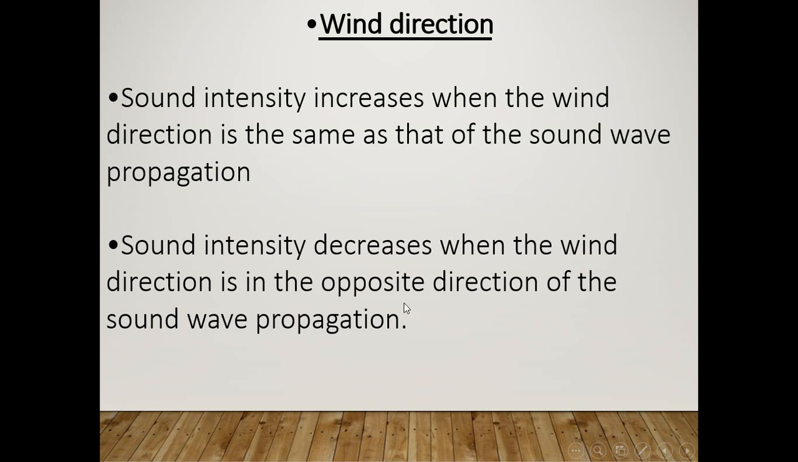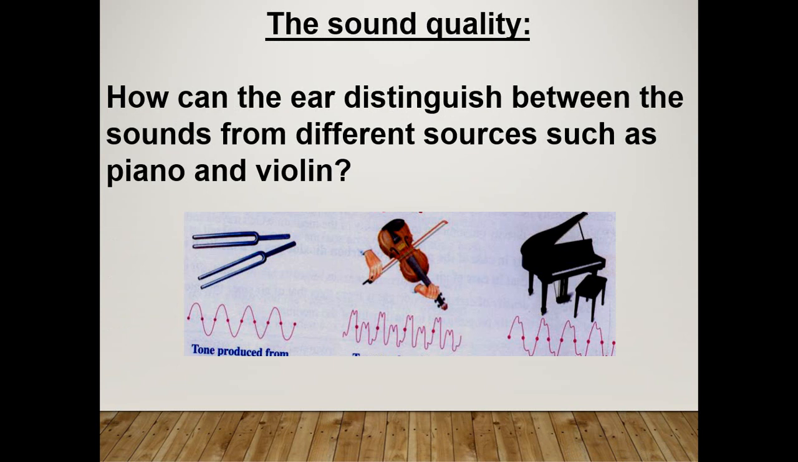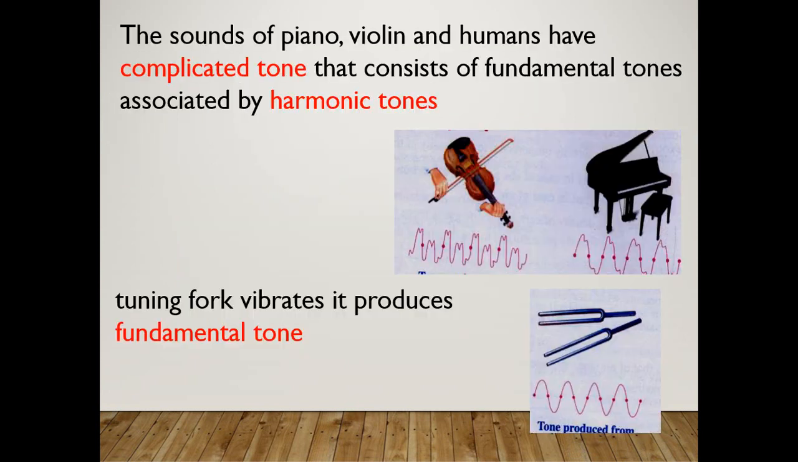The third property is the sound quality. How can we distinguish between the sounds of different sources, such as the sound of the tuning fork, the guitar, or the piano? Of course, each one of them has a different tone. This different tone is complicated by a fundamental tone. Let's repeat it again: all musical instruments have a first fundamental tone, and this fundamental tone